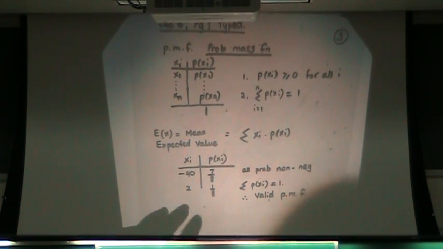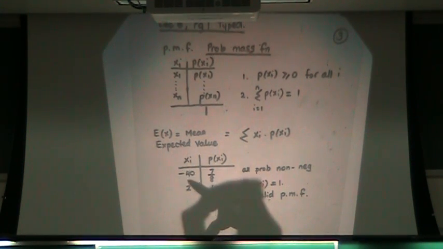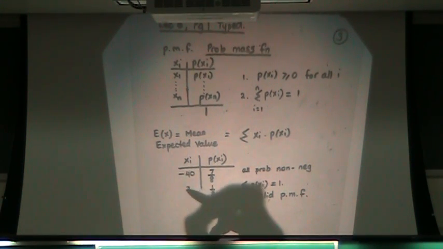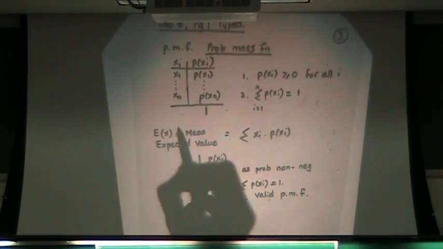I would like to find the expectation of this function. Would it be fair to add these up and divide by 2? Can I just say minus 40 plus 2 divided by 2 if I want the mean? After all, this means mean, right? Mu.